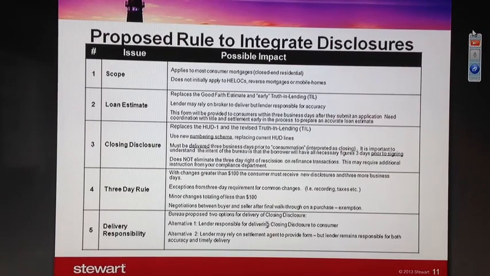The loan estimate is going to replace the good faith estimate and the early truth in lending disclosure, so consumers will no longer get 2 forms, they will get 1. And lenders may rely on brokers, and I don't mean real estate brokers, I mean mortgage brokers or third parties who are acting on their behalf to deliver the document, but the lender retains responsibility for the accuracy. And I want to pause there for just a second and focus in on that piece of lender responsibility, because a lot of the behavior that the rulemakings is driving is based on the fact that lenders are responsible for the actions of the third parties that they employ or engage in closing mortgages or writing mortgages.